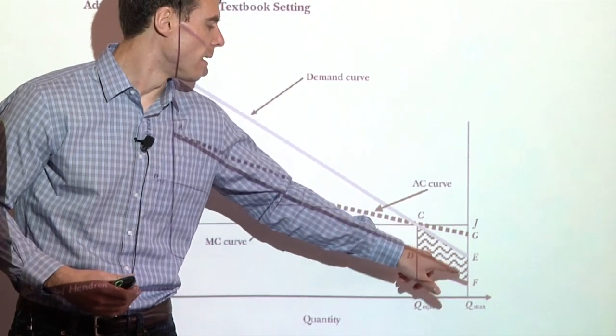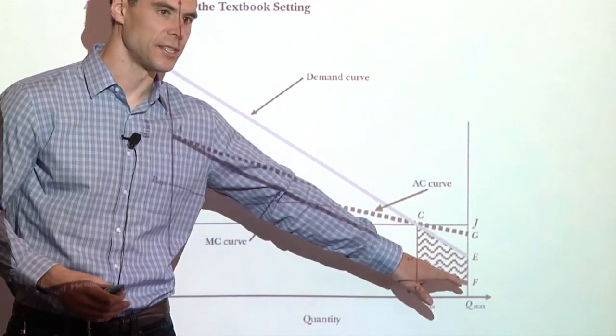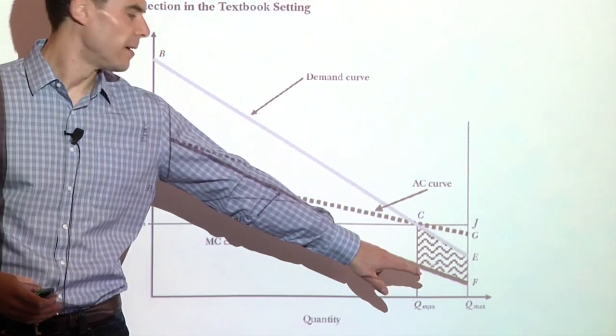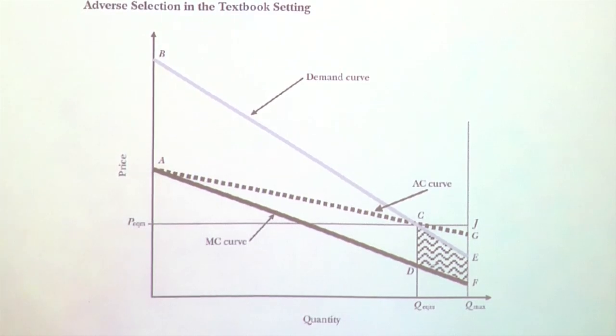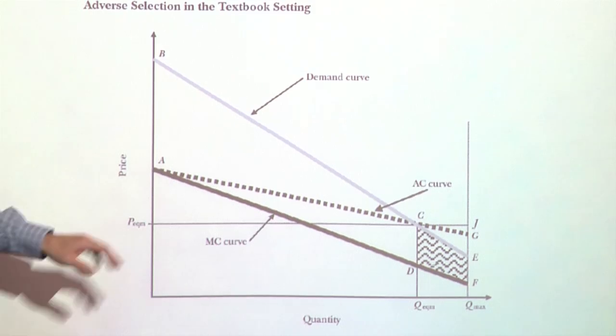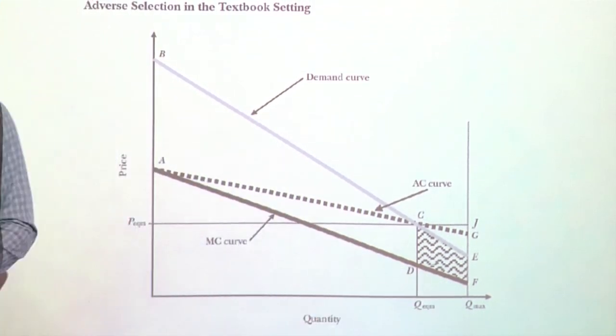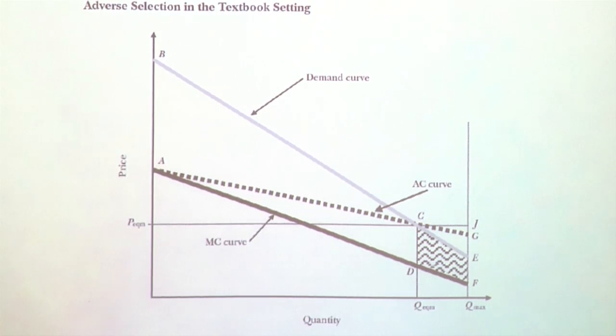So there's this welfare loss given by this shaded region, the difference between the demand and the cost, which just calculates a measure of the welfare loss from the fact that you can't tailor the pricing to match the marginal costs. Okay? Sorry, I think this is a really stupid question.